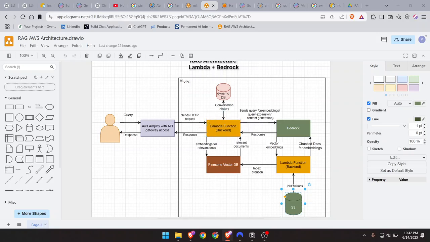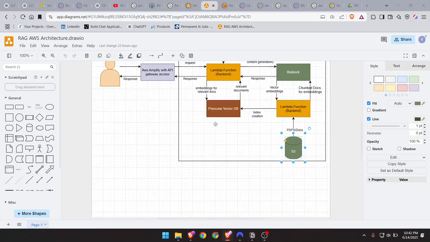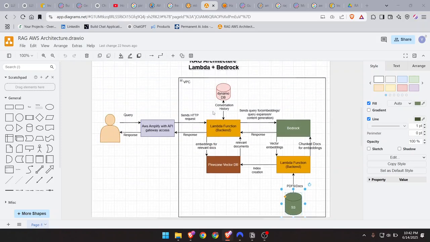So basically, it will post its request to the Lambda. So the Lambda gets triggered, and all our data is in the Lambda, right? All our main code is in the Lambda, right? So the main code means, when we get the user query